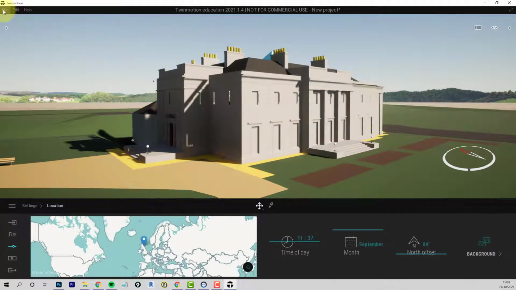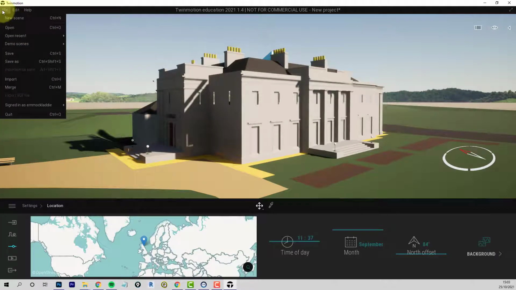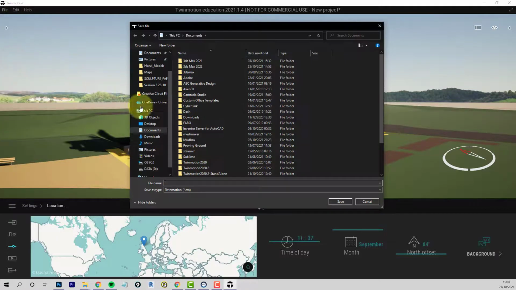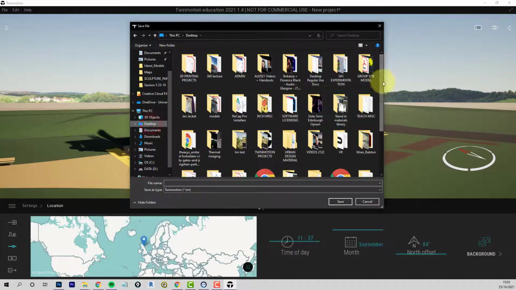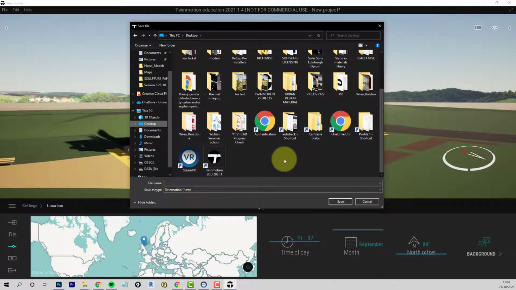So let's save the file at this point. Give it a name. And I'm going to save it onto my desktop. I'll save over the one that's there already. Oh, nice. I've already deleted it. So I'm just going to call it Campy, which is what Dundonians call Camperdown Park,